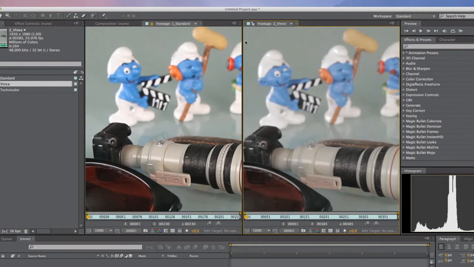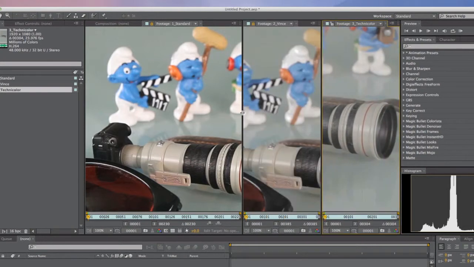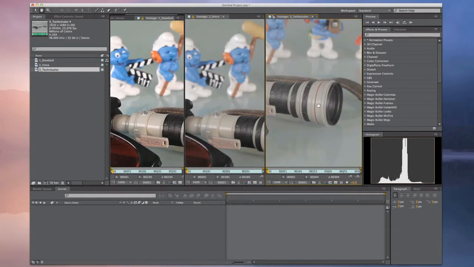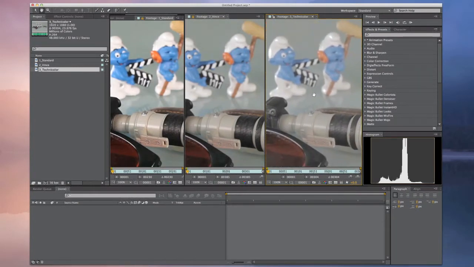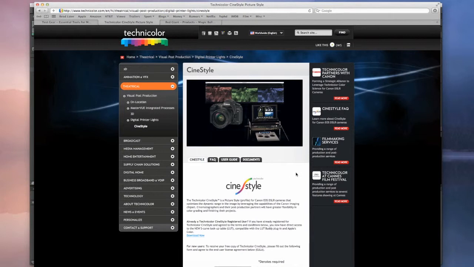All right, so let's lock that, and let's take a look at Technicolor. Now, Technicolor is interesting. And this is the Technicolor website. Technicolor worked with Canon for 12 months developing what it felt was the best way to maximize the dynamic range